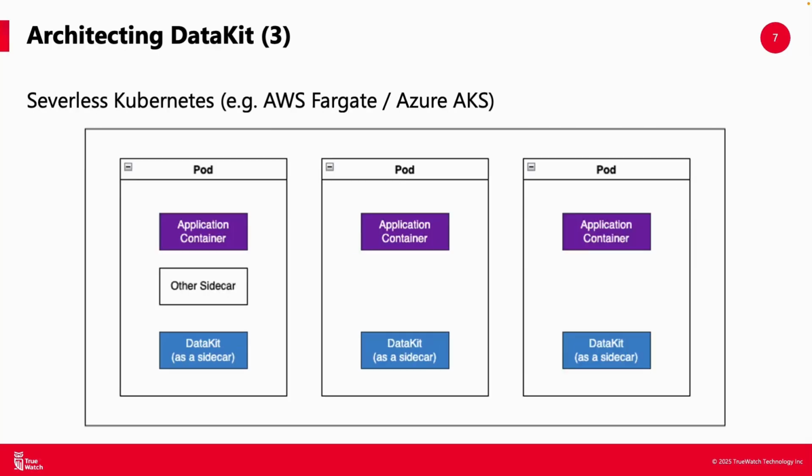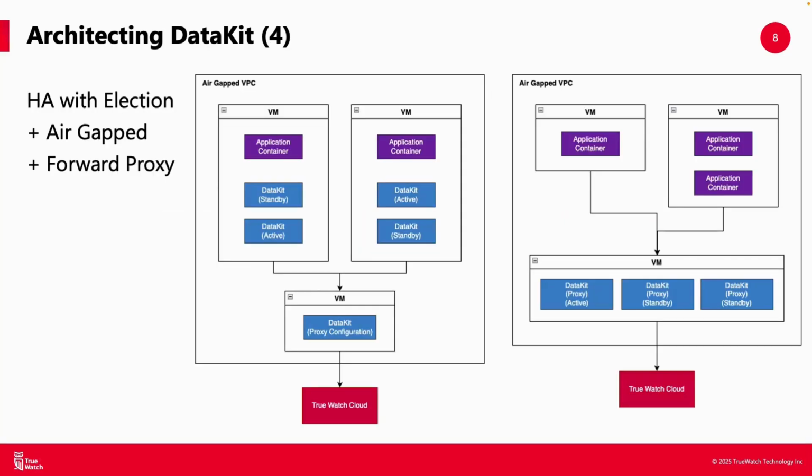In serverless Kubernetes environments such as AWS Fargate or Azure AKS, you don't have access to the underlying node, so you can't use daemon sets. Instead, DataKit runs as a sidecar container, or is embedded directly within the application container itself. This allows each workload to collect and forward its own telemetry, even though the nodes are managed by the cloud